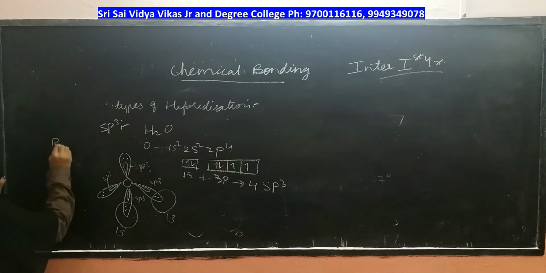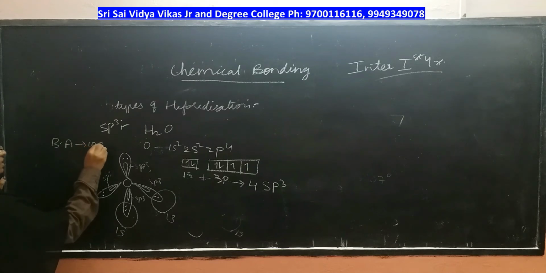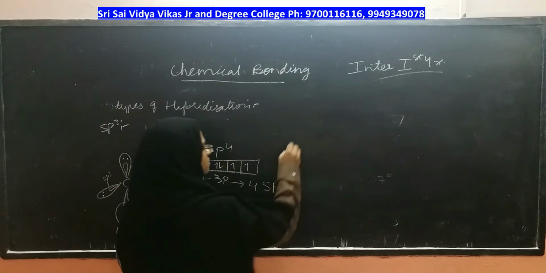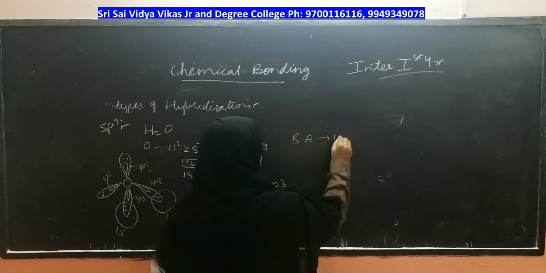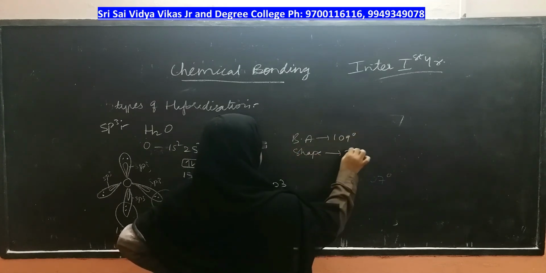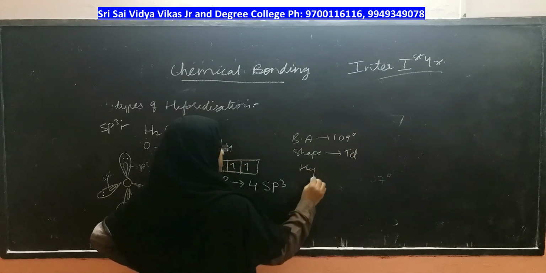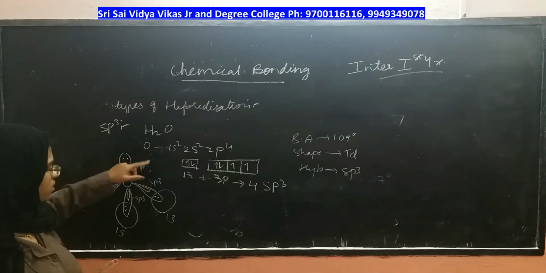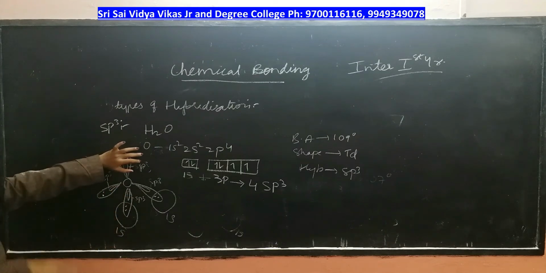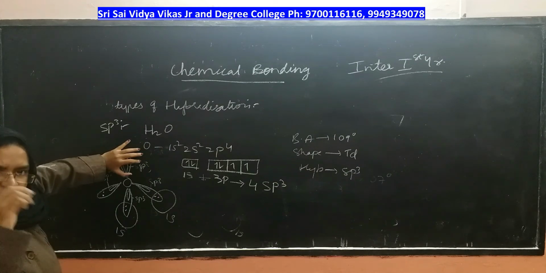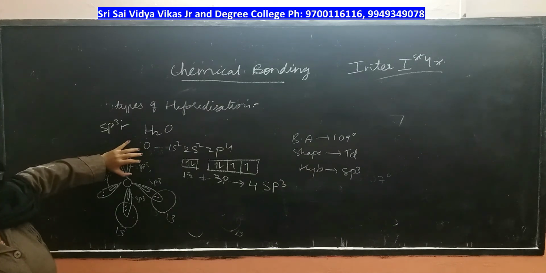Now let us write the details. Bond angle should be 109. Let's write on the other side. Bond angles should be 109, right. Shape should be tetrahedral, and hybridization is sp3. In the previous case, ammonia with one lone pair, if you consider only the bonds, the shape is not tetrahedral because the bonds are only between these 3 hydrogens, right. So with one lone pair and 3 bonds, hybridization is sp3 only, but the shape is not tetrahedral, it is pyramidal.